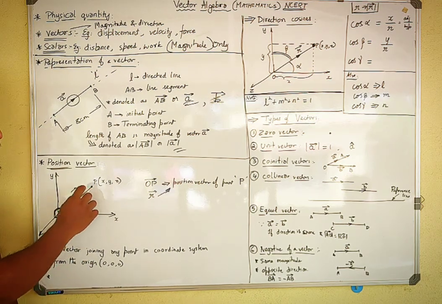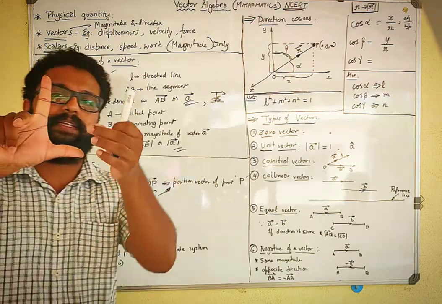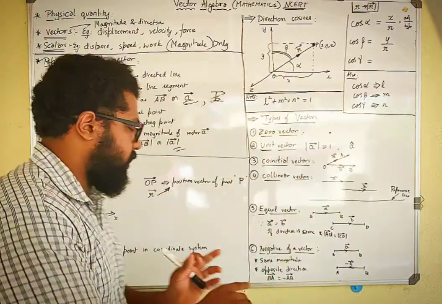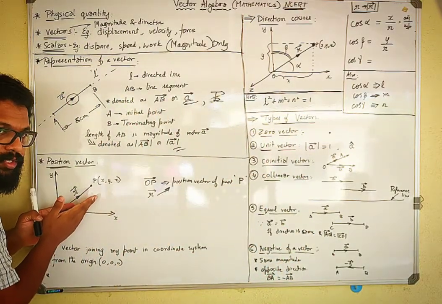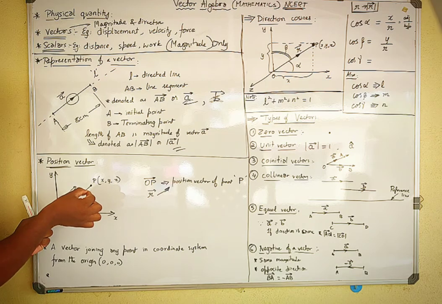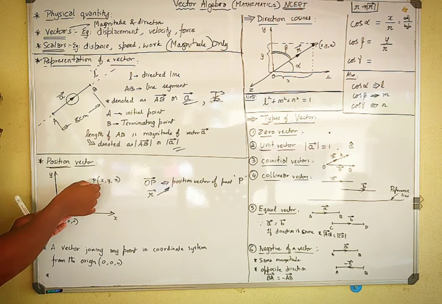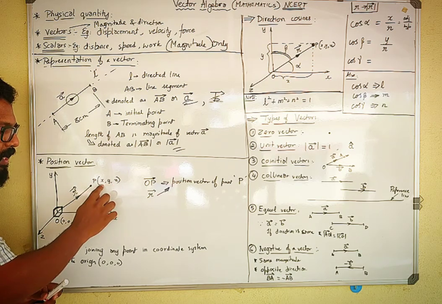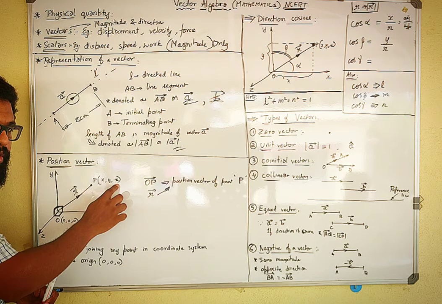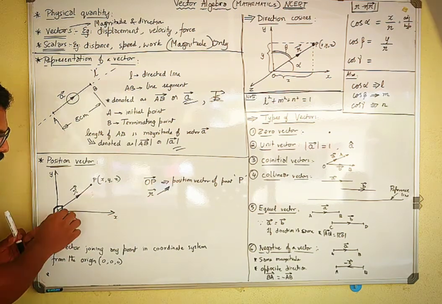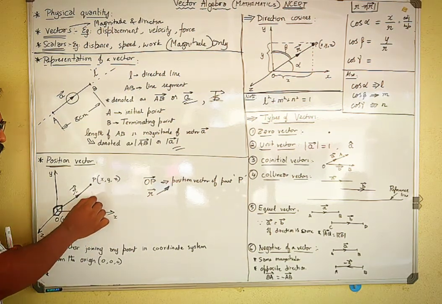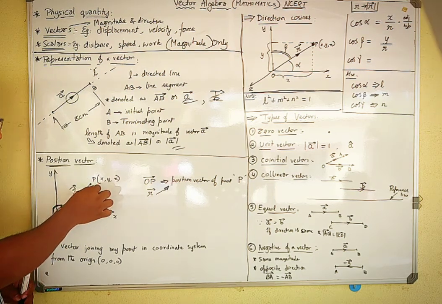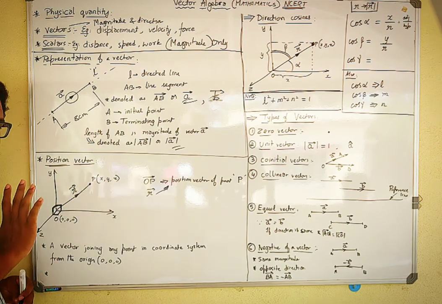So now let me assume a P point anywhere. Suppose it is like this, P point is somewhere else in the three-dimension system. It is not on the board. Here you can see that it's drawn as though it is on the board, but it is somewhere outside the board, something like this. Okay. So when it is outside the board, there are three coordinates you need to measure, understand. One is x coordinate, y coordinate, and the z coordinate, which is having a certain distance from the origin, above the x-axis, and also in front of the y-axis. That means the x, y, z coordinates are present for that point P.